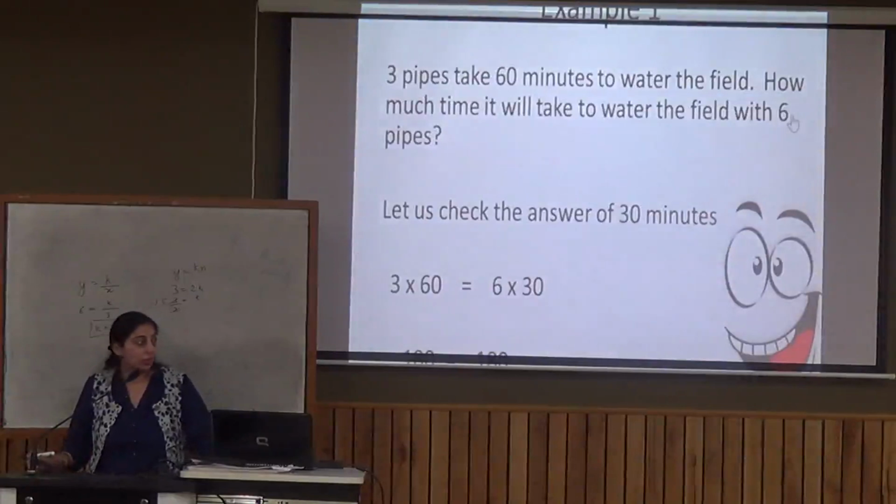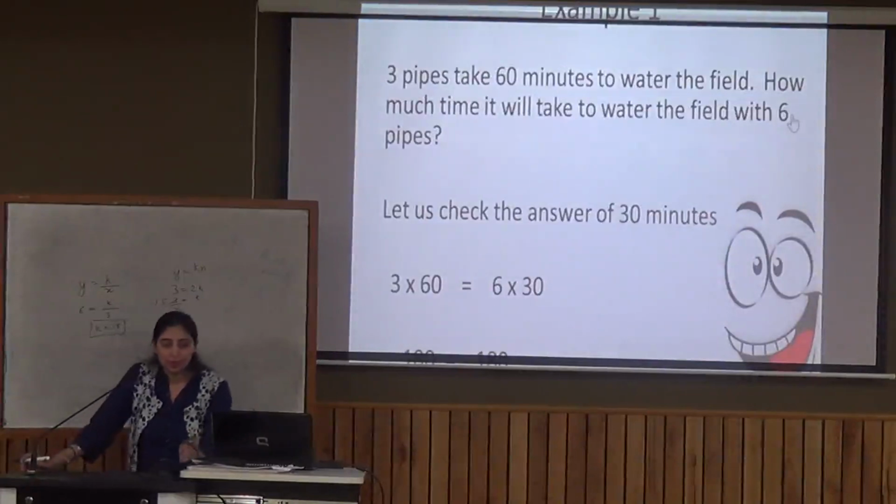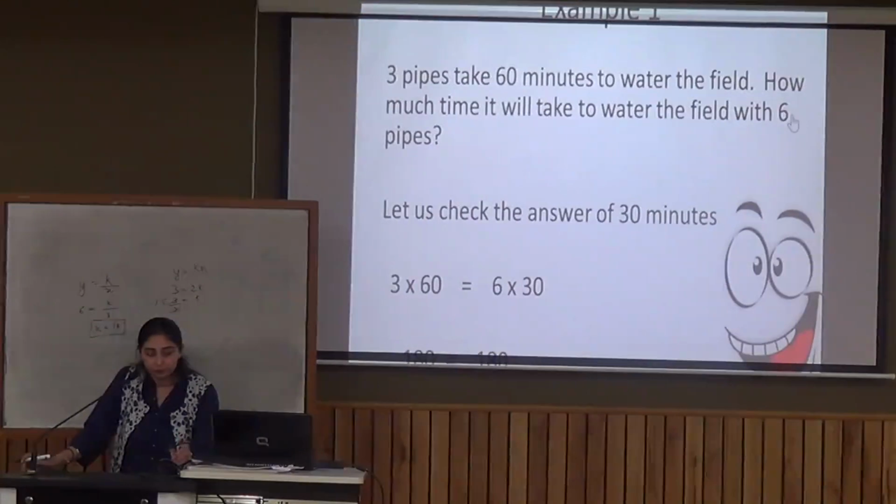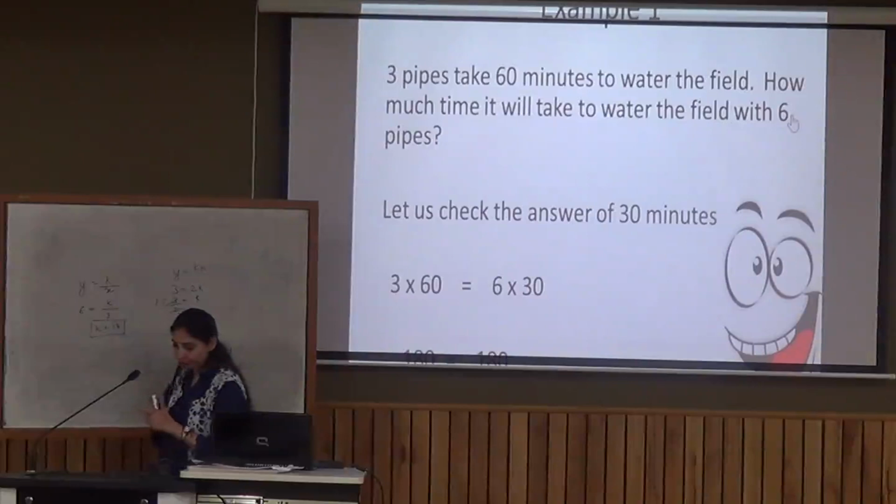There's one word problem I would like everyone to see. 3 pipes take 60 minutes to water the field. How much time will it take to water the field with 6 pipes? Now here the number of pipes earlier was 3. Now it has been raised to 6. The field size, the field perimeter still remains the same. So will it take less time or more time? It will take less time. So they are inversely related. We first need to read the word problem, comprehend it, and then check whether they are inversely related or directly related. Now, if I make a table for the same,